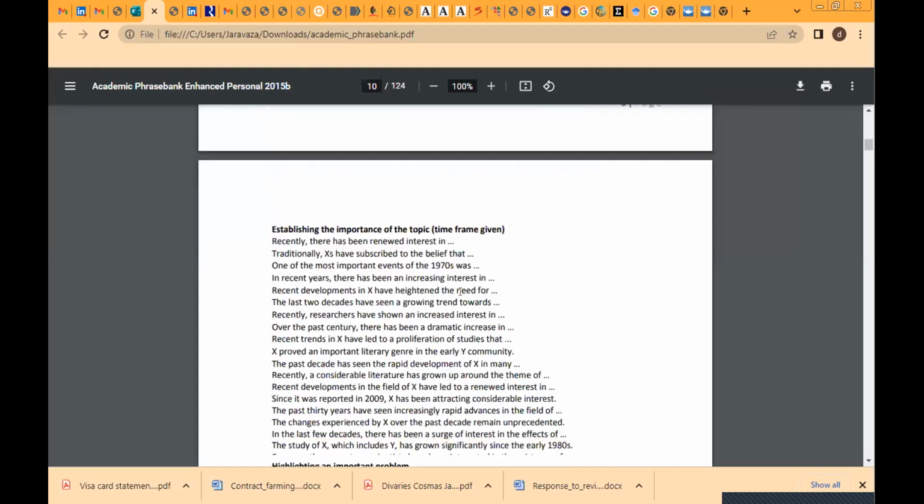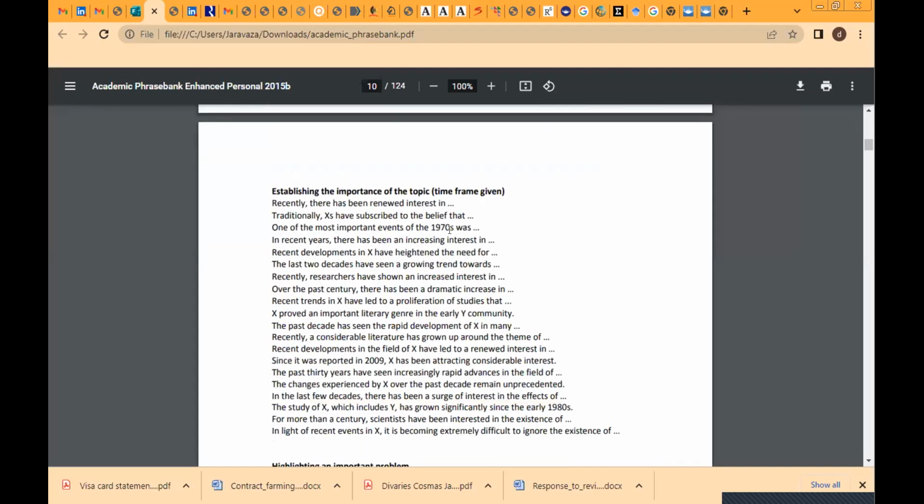Then if we say establishing the importance of the topic, time frame given, like we say, recently, there's been renewed interest in. Let's take this one. One of the most important events of the 70s was, which connects you to what you intend to do. Since it was reported in 2009, X has been attracting considerable interest, which is the construct or the key focus